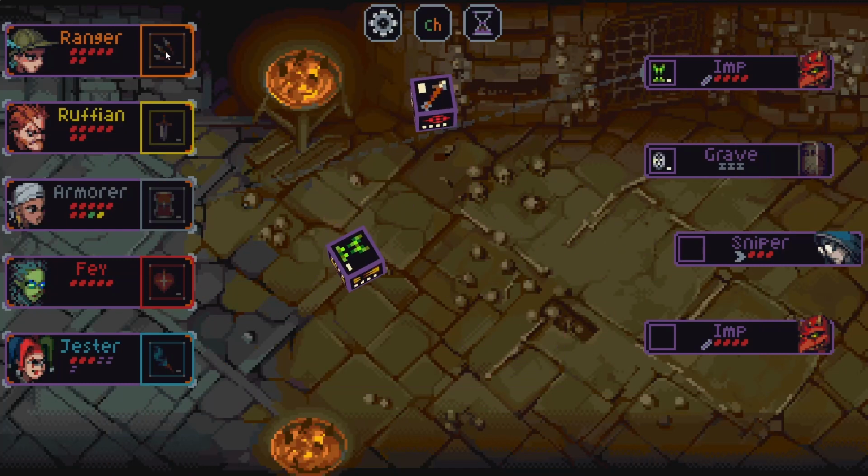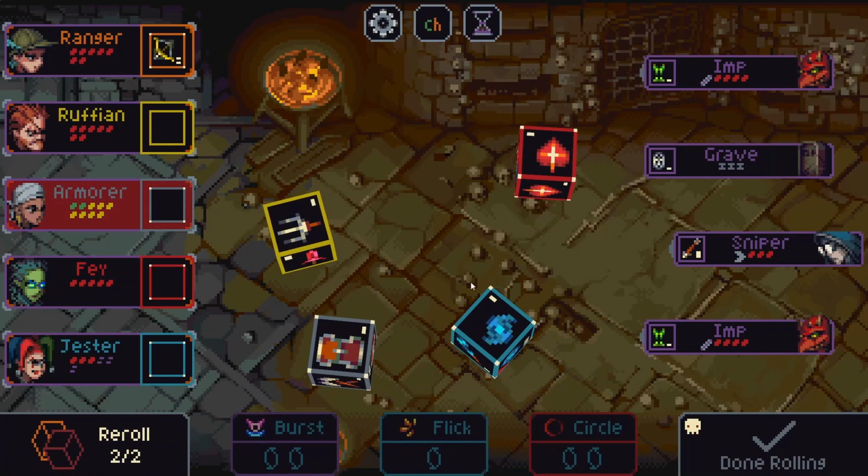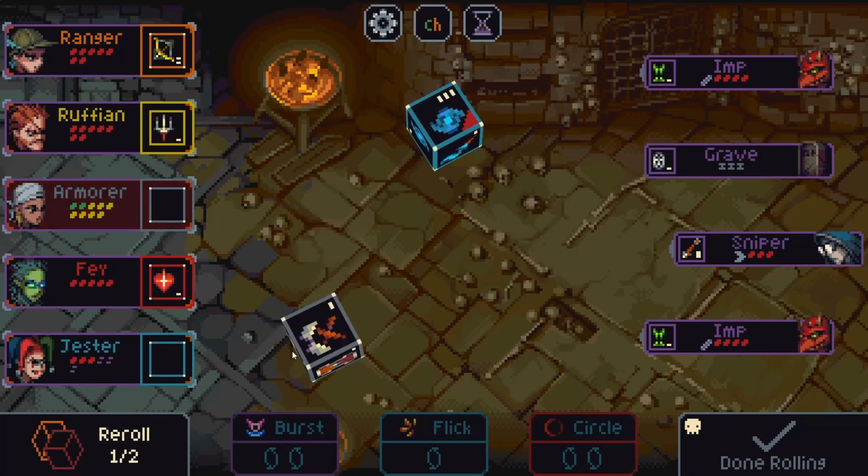All right, we're gonna look for range damage from our ranger to work on this sniper. There we go, that one-shots the sniper. Boost on this does a good job hitting the imps. And then do I save that stuff? Ooh, this is nice. Oh, I can't save it. All right,